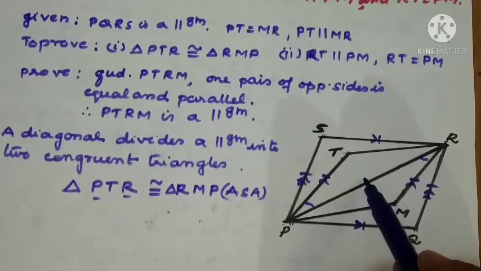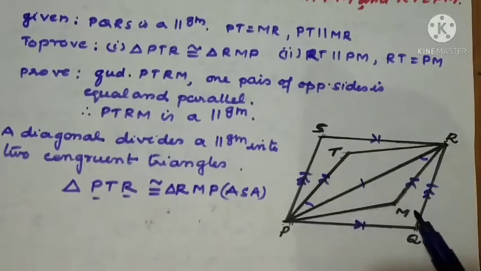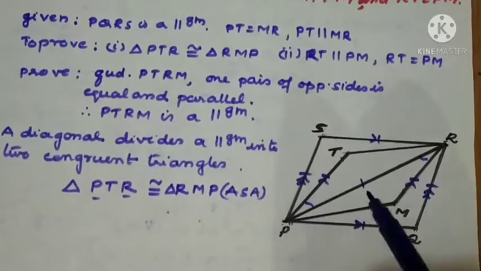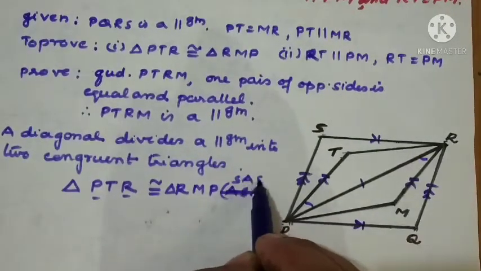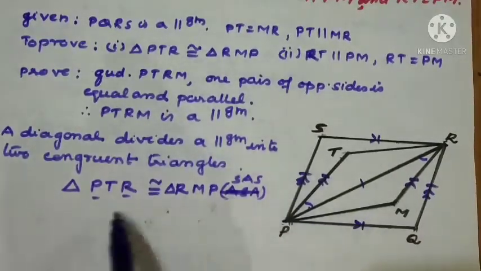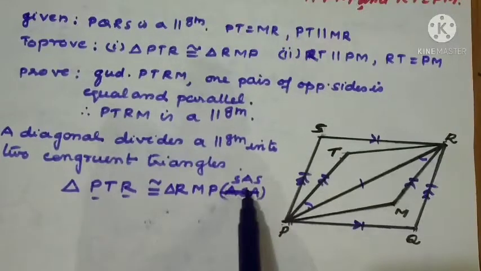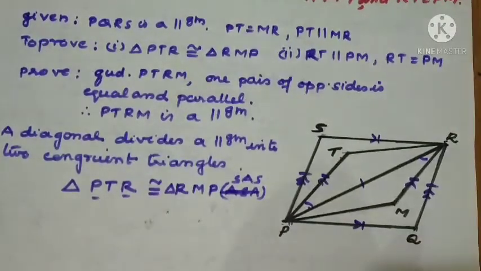Similarly, we can say that this is a common angle only and this is equal to this. So SAS criteria here we can use. SAS criteria, side, angle, side, right? SAS criteria we can write. Actually it is not required because this is the theory definition itself. We can prove that they are congruent.